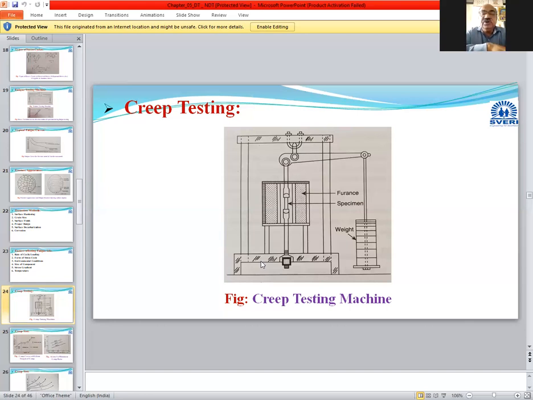From this test, what will you get? How much expansion of that component will take place at that particular temperature and at particular loads. The specimen is kept in the heated furnace, and we apply loads by the lever on the right side. At what load the specimen gets elongation, that we have to decide, and below that is our creep strength. Okay, so this is the machine actually used for testing creep. Next.